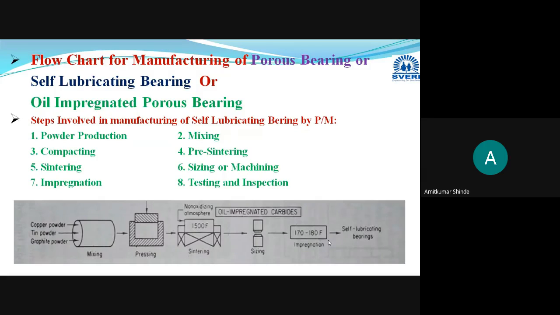Some practical applications I have also mentioned, and you have to write them at the end. You must compulsorily mention the applications. Okay, in this way this part is completed, that is, the manufacturing of self-lubricating bearing or oil impregnated porous bearing using the powder metallurgy technique, with the help of the flow chart. Now the next